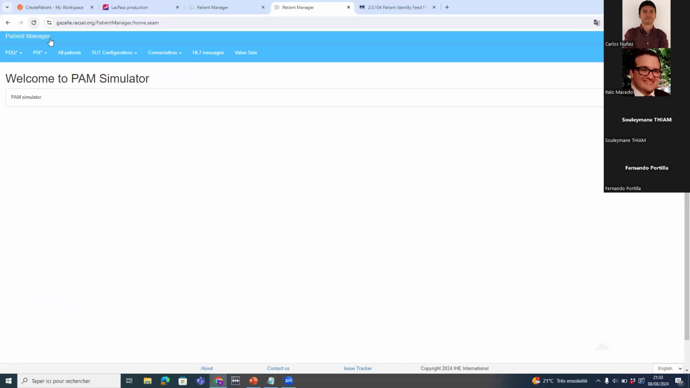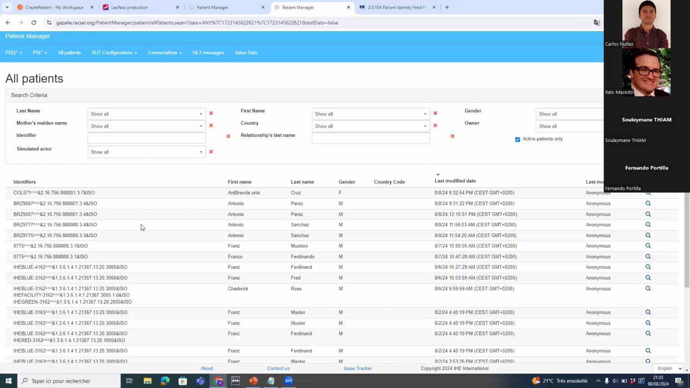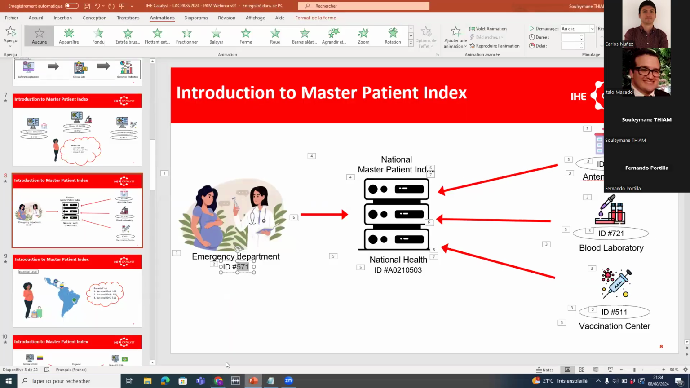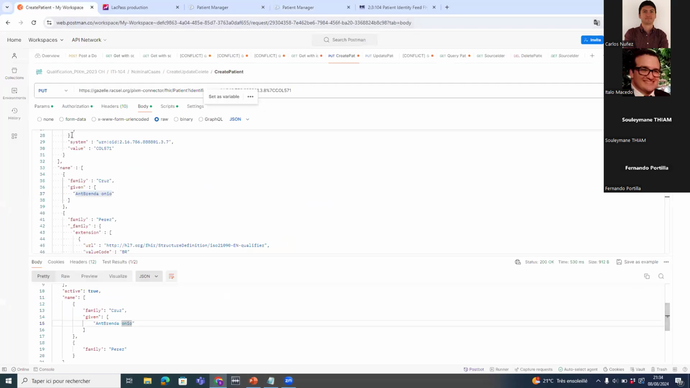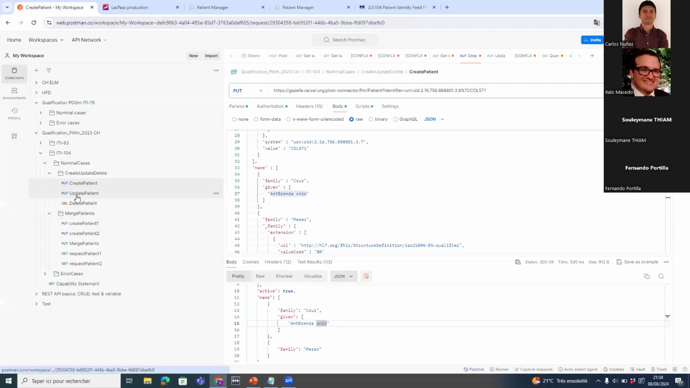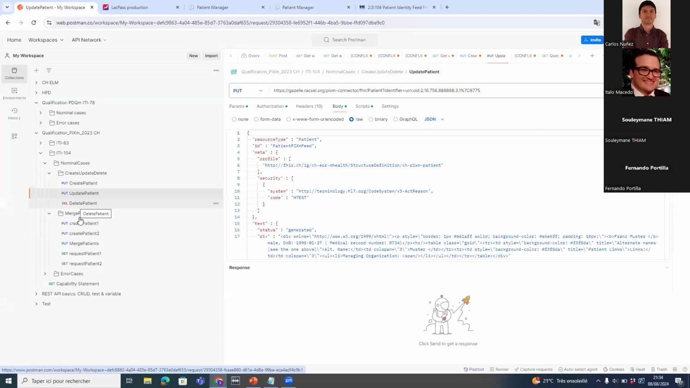So if I go back to Gazelle Patient Manager, we have all patients, and it created Brenda Cruz, she is a female, and this is the ID I provided, COL 571. This is the ID of the patient, and this is the ID of the system I provided. So this is for the creation. I can create another patient. I can send the same request, but with the update status, to delete or to perform the merge and so on. So now before I switch to the next transaction,